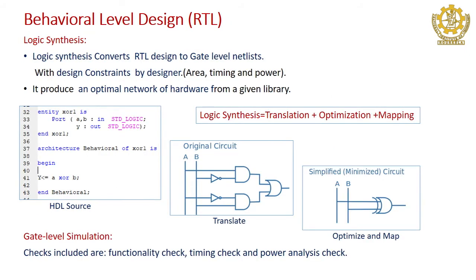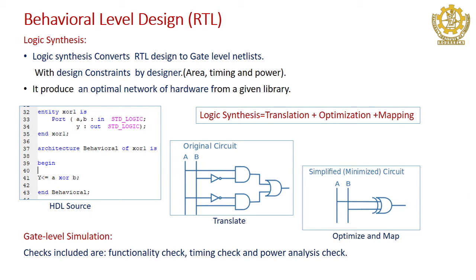So, now in order to show it in a better way, what we have done is: once the RTL code is done, the next step is logic synthesis. I told you that RTL is mostly the logic gates available in the library. So, we have to pass the RTL code through the logic synthesis process, where logic synthesis will create a gate level netlist out of the RTL code that we discussed.